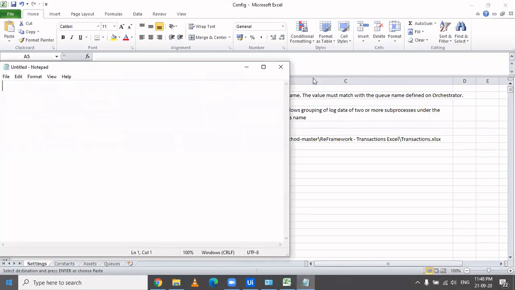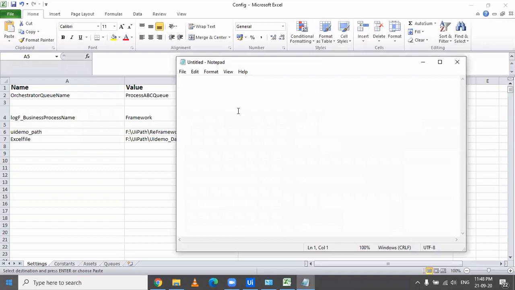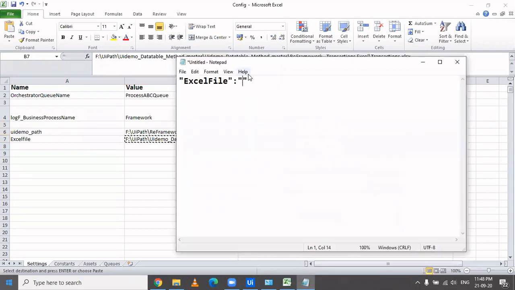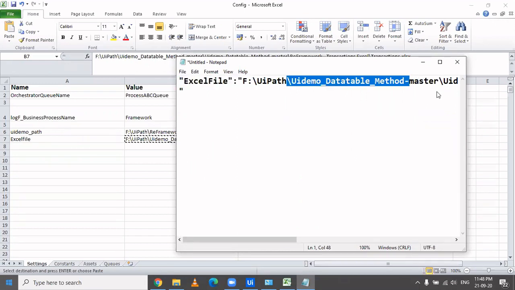Yes, exactly. So now the Config full file would look like this. We have this name here, Excel file, which is the key, then a colon, and this would be the value, just like JSON data. So this whole thing would then be the value. It's just like a key-value pair.